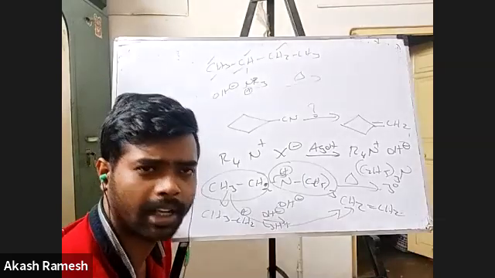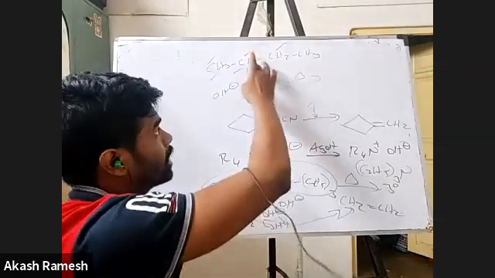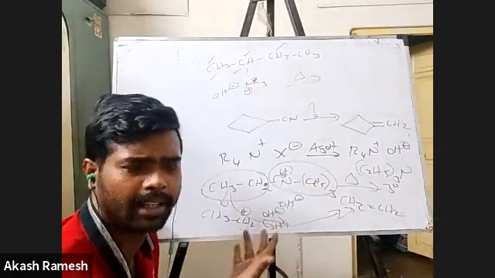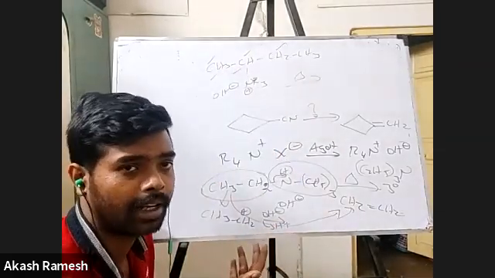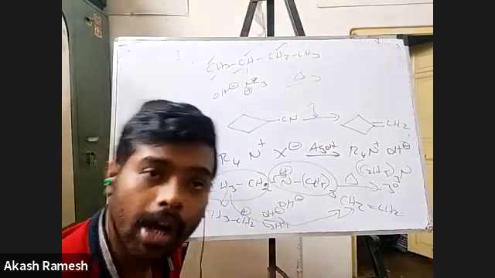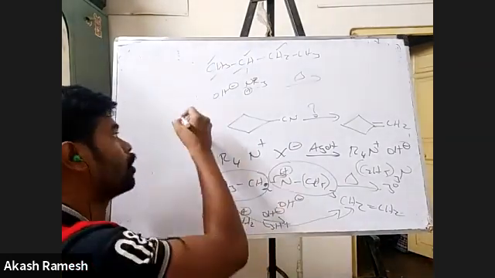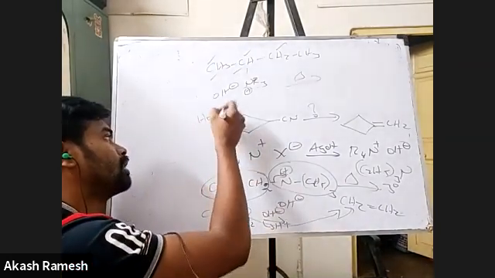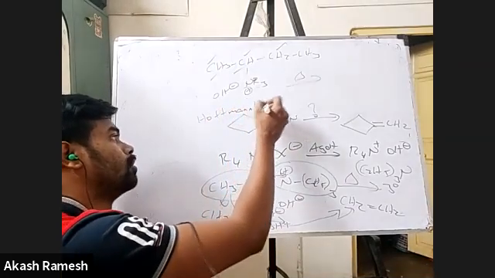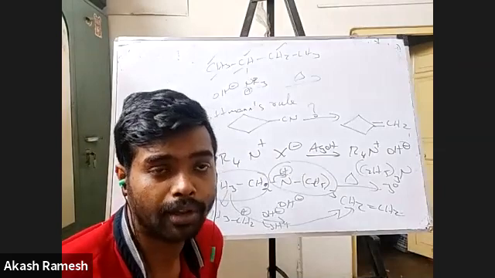Both things are possible, just like how if you have Br here, you will have either a double bond formed here or a double bond formed here, just like in the elimination reaction, right? Now in these cases, you are not going to follow Zaitsev's rule. What you have to follow is the opposite of Zaitsev's rule, that is Hofmann's rule. Hofmann's rule is exactly opposite of Zaitsev's rule.